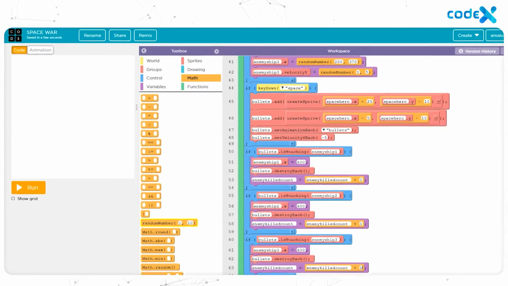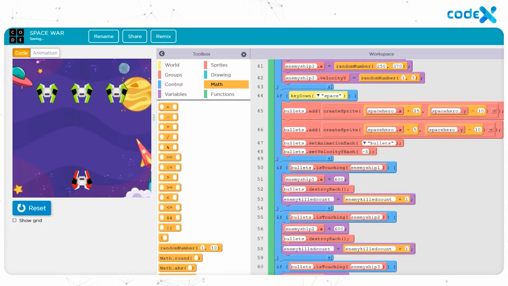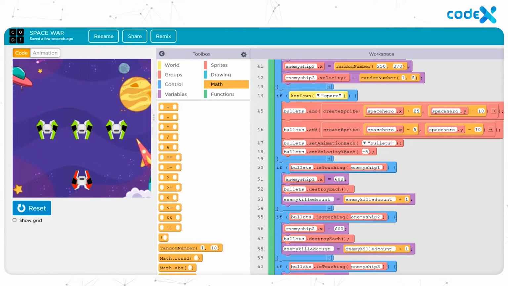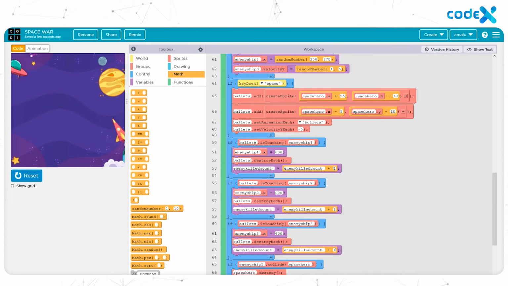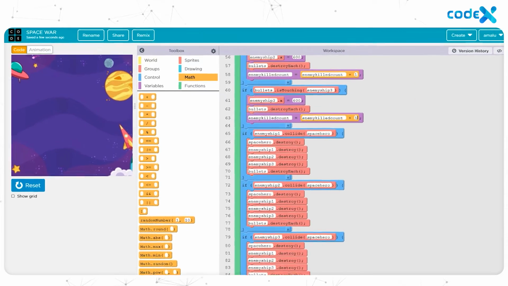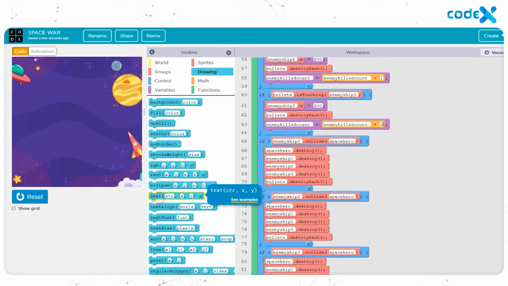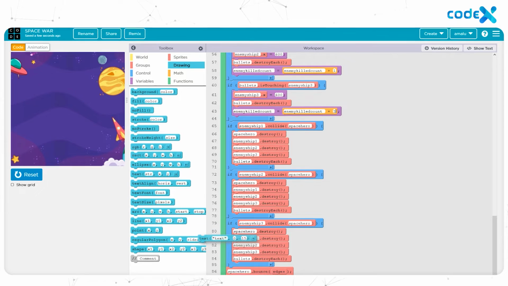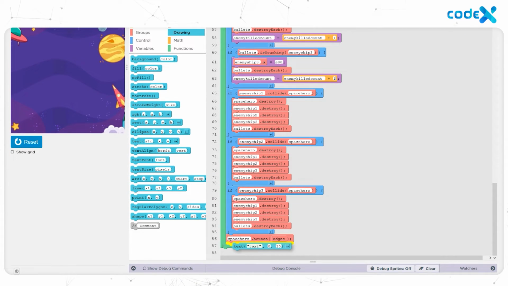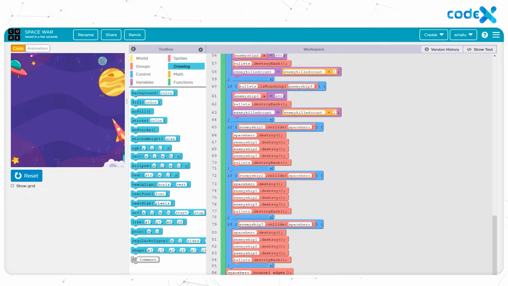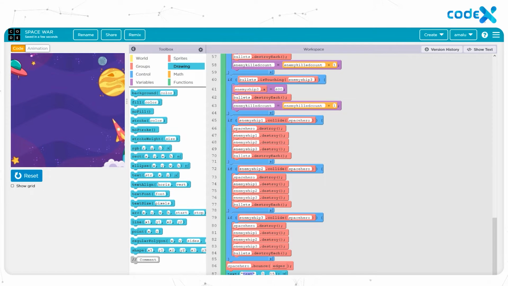Click on Run, and oops, the scoreboard is not visible. Let's make it appear on the screen. Wondering if it's magic? No, it's just simply coding. To display the scoreboard on the screen, go to Drawing, take the text string block, and attach it inside the function draw block. As we want the title score and the score number to be shown side by side, go to Math,